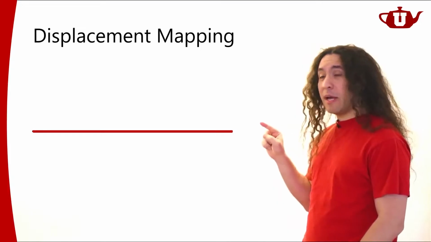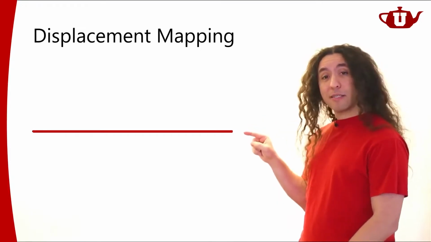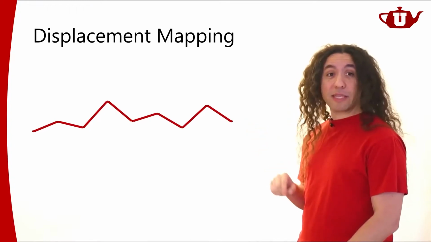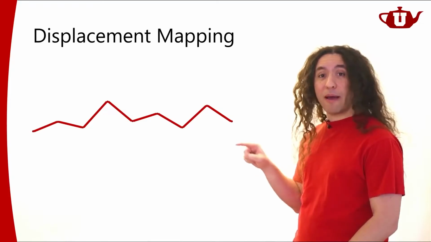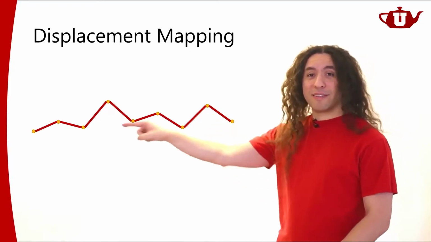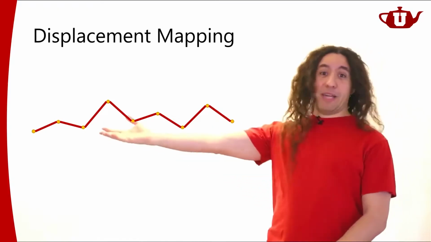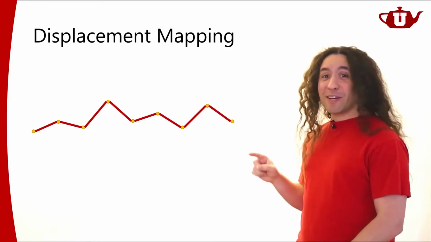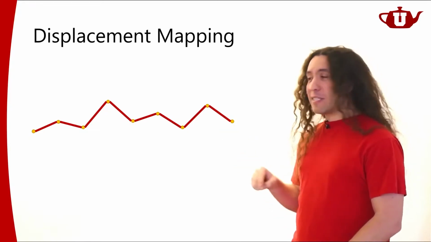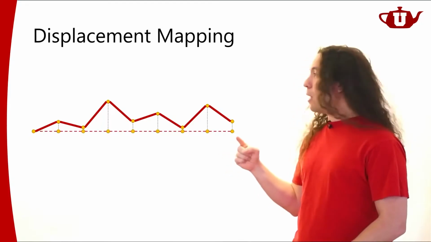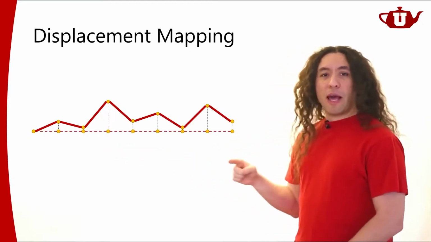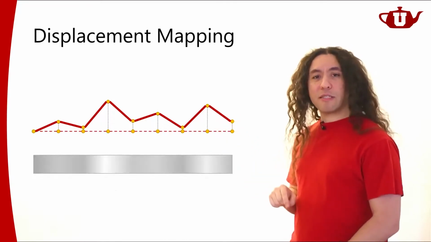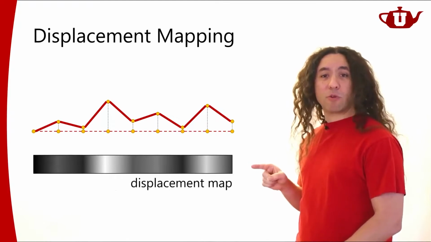So I'm not going to be rendering a flat surface like this, but I will be rendering a deformed surface like this instead, using displacement mapping. That's the idea. So that means that I'm going to have vertices here. I'm actually going to have a high-resolution model like this, right? So I'm going to have these vertices, and I can start with a flat surface where all my vertices are on this flat surface, and I am going to modify the positions of these vertices using a map like this. That's going to be my displacement map.